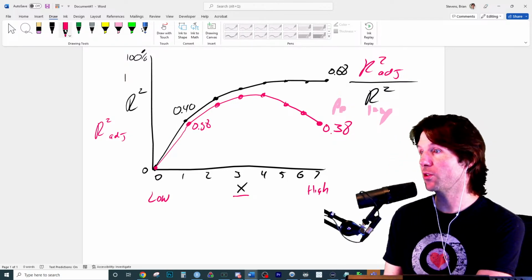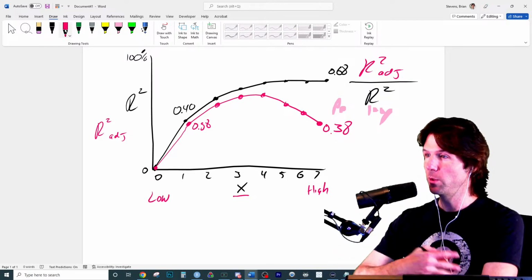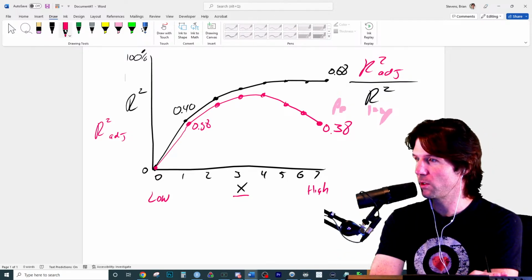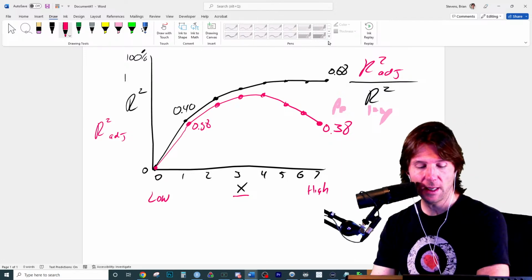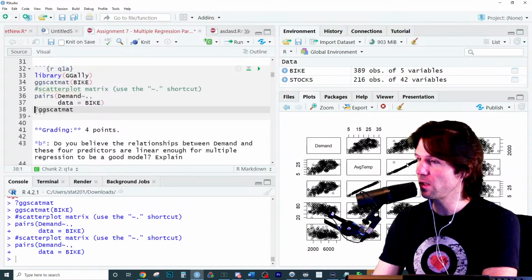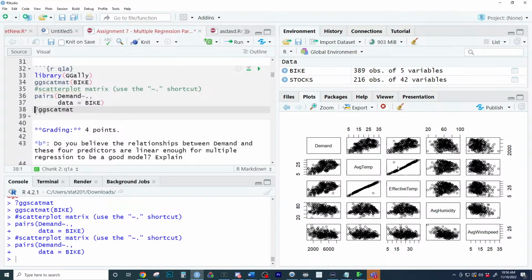We'll start to get more multicollinearity as we have more X's, because the X's might step on each other's toes. We could talk about multicollinearity towards the assignment questions, where we did see some. Can we do Q1D? Yeah, let's look at it. The multicollinearity is coming a lot from average temp with effective average temperature, which is a collinear relationship, co meaning 2, multi meaning all the X relationships. This has a high amount of collinearity, and there might be other X's that have relationships with it too.